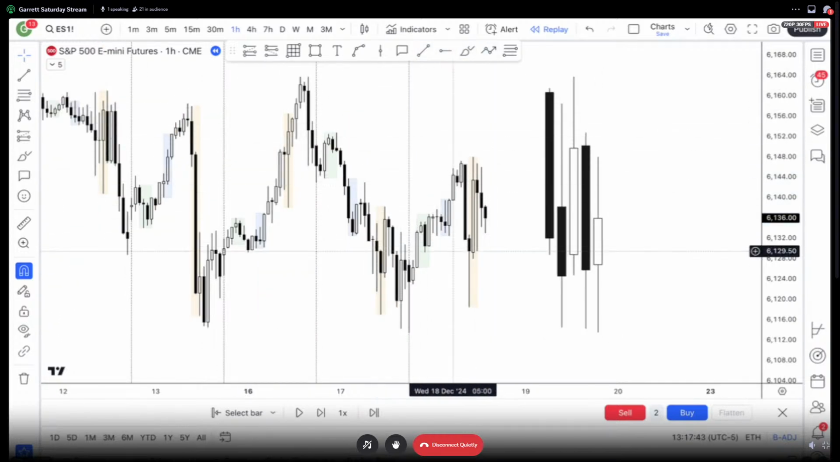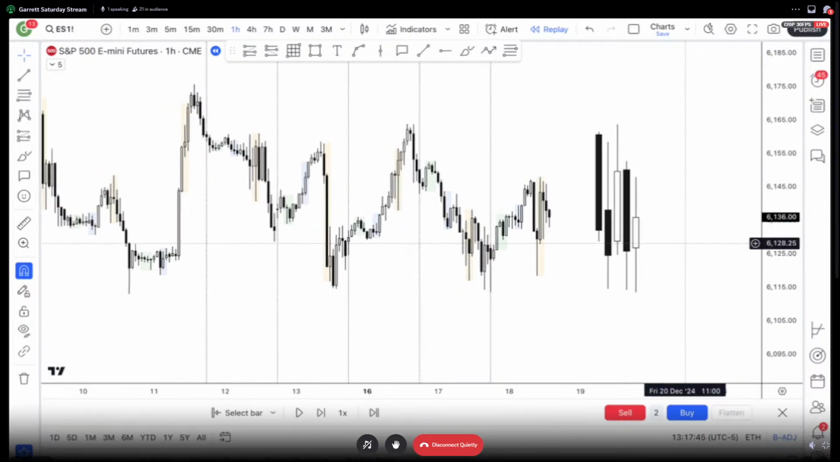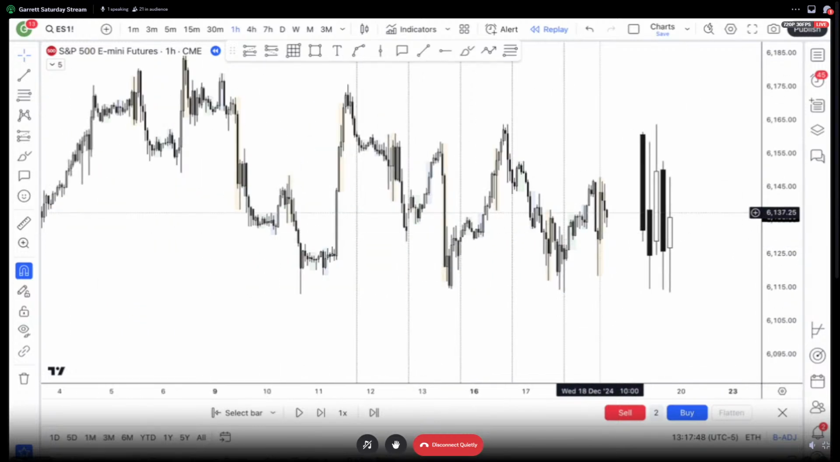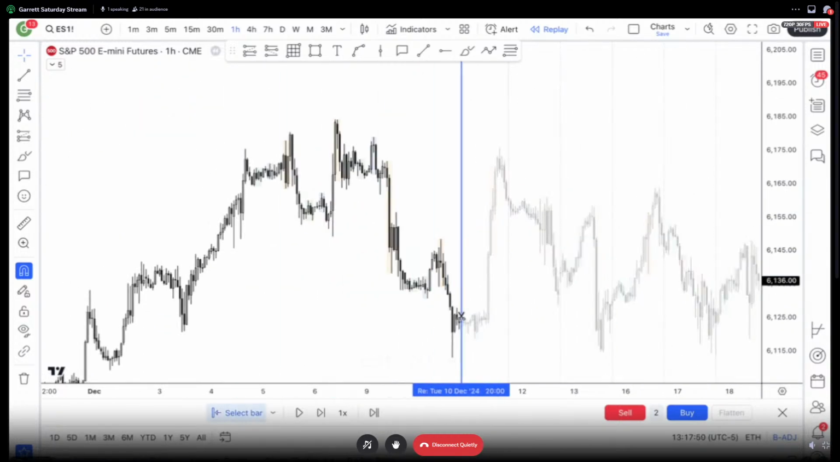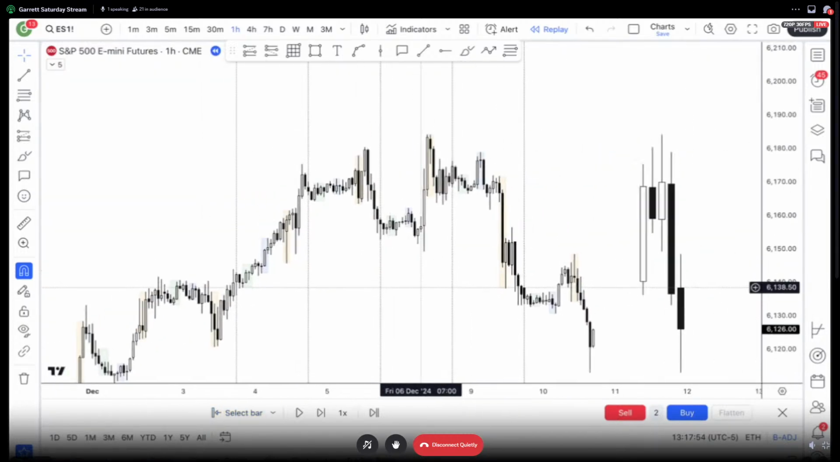You can anticipate these expansions because it's just a repeatable framework. Like if you look here, a lot of these days are my model. Like almost all these days here. I think I traded this day. I missed this day, but the low of the day here